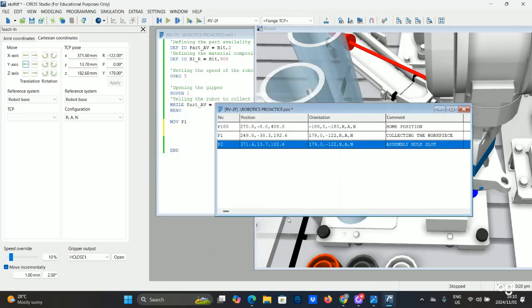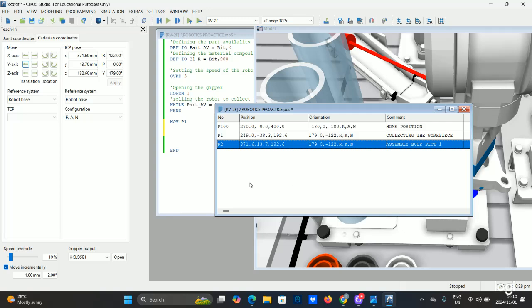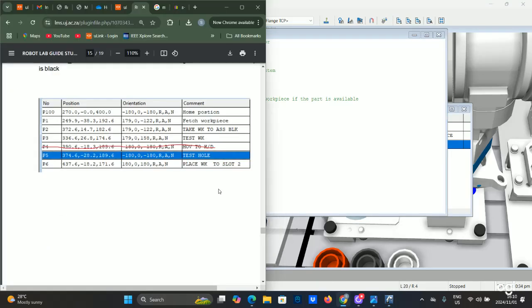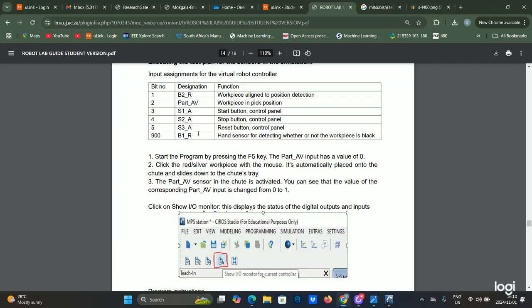And then I save this position. So now as you can see, it's saved. What I was trying to say here is it's slot 1. So this position is now saved, and then the second position that I want us to save as well is